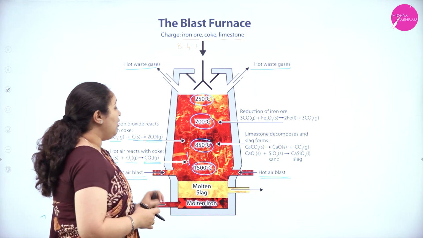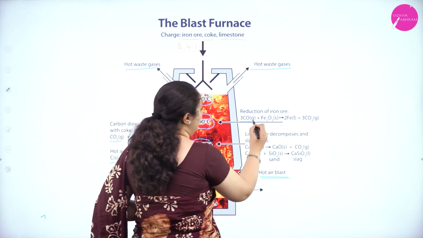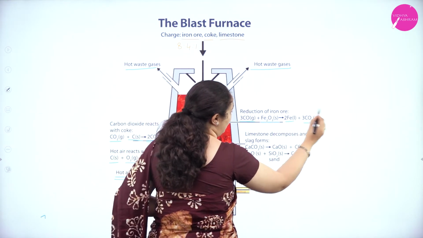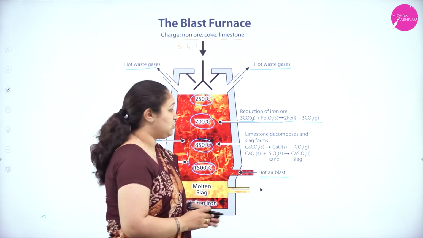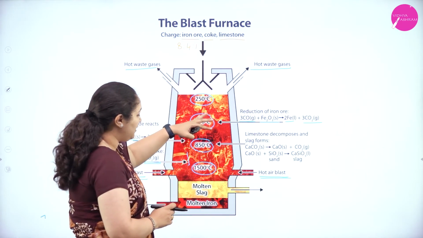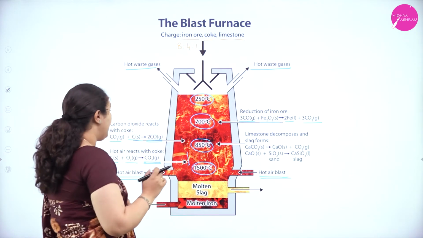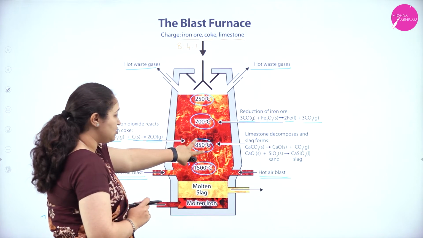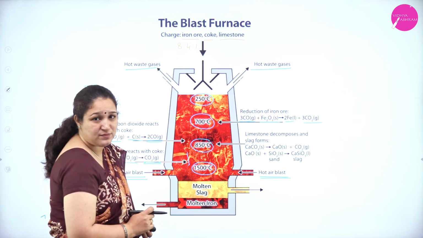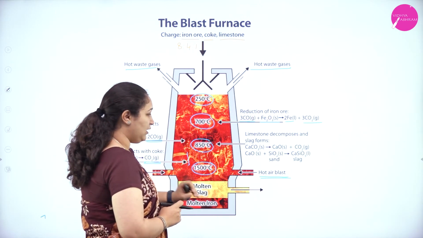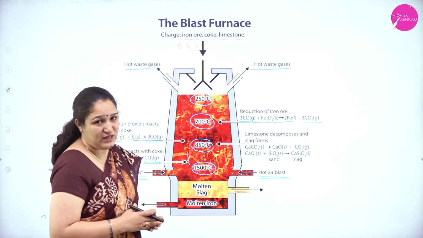Okay. Now as the carbon monoxide is moving above, carbon monoxide will react with Fe2O3 to give iron and carbon dioxide gas, and excess carbon dioxide gas just moves around, or just goes out. The iron which is formed at this particular zone is very heavy, so it starts slowly moving down. Also in between there is a zone which we call the slag formation zone or slag zone. Okay, so as the iron is moving down, we know that the ore is not completely pure. It has some impurities of silicon dioxide.